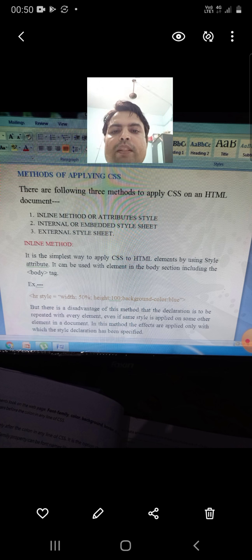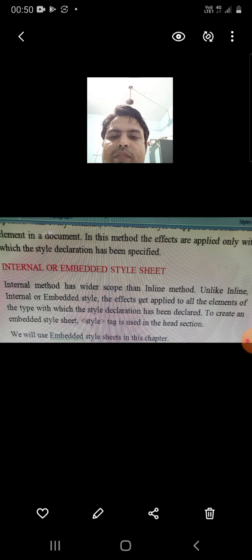Let us compare it with the next, the internal or embedded style sheet. The internal method has a wider scope than the inline method. Unlike inline, in the internal or embedded style, the effects get applied to all the elements of the type with which the style declaration has been declared.